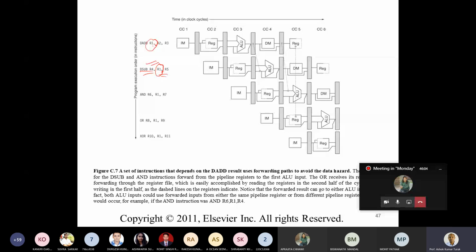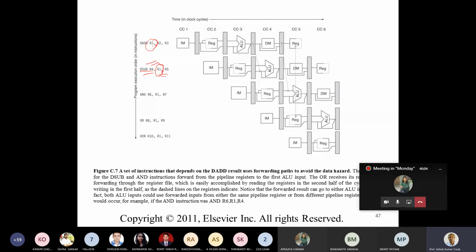So the source of the current instruction is the result, or destination, of the previous instruction. So the hardware forwarding logic detects this, and it will not read it from the register file; rather it will read it from the ALU output. So this is the ALU output, and it forwards here. So it reads the value.